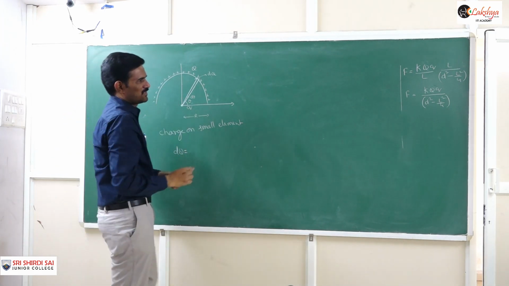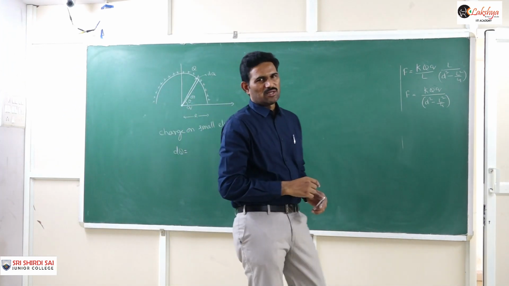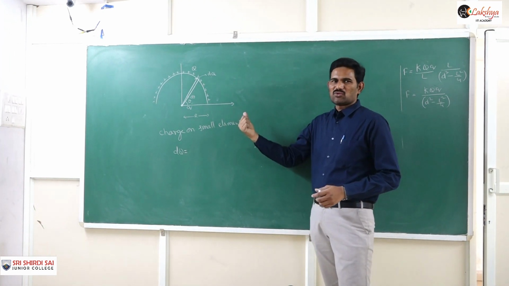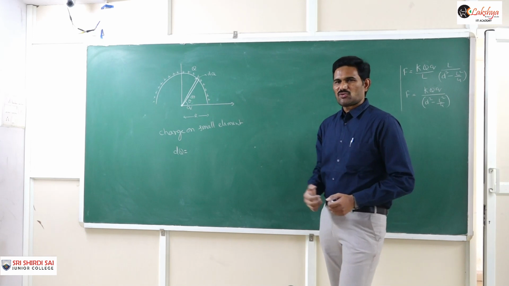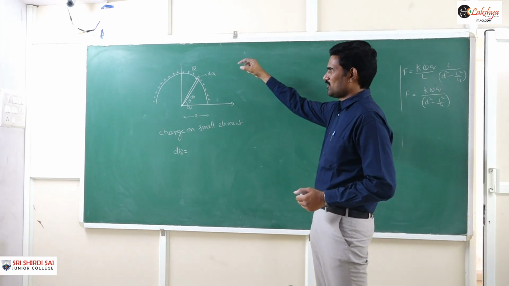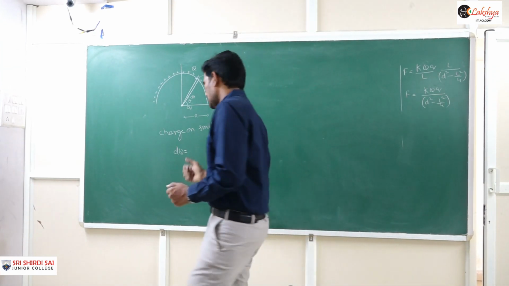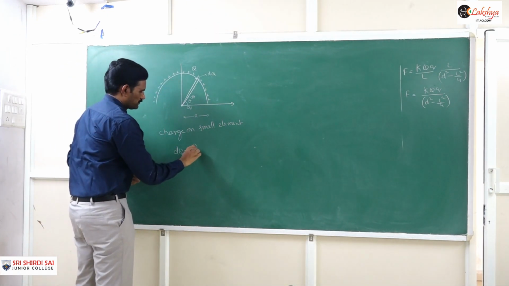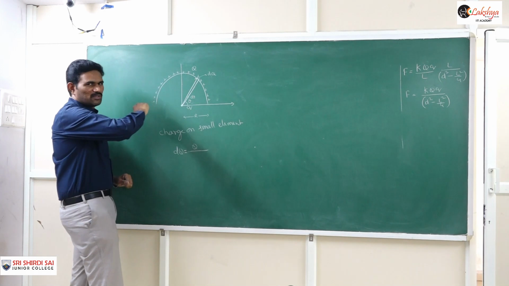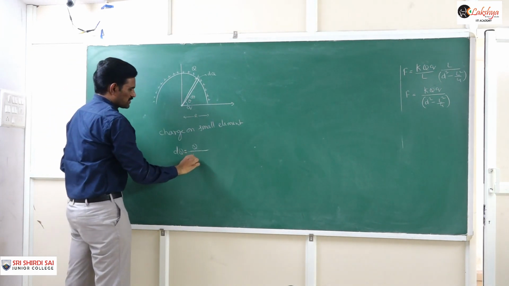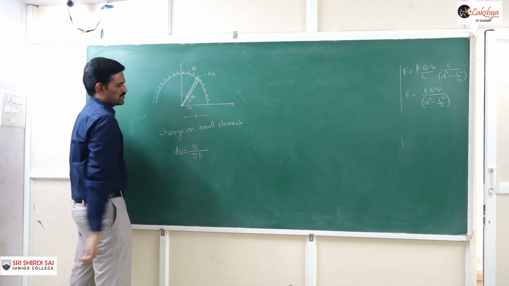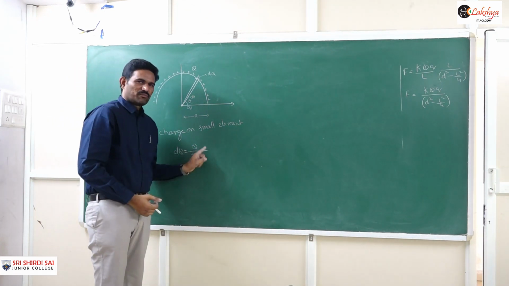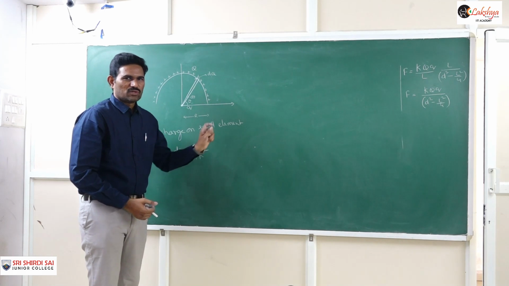Now again this is one dimensional only. One dimensional means it is a linear charge density only. So we need to write it as lambda into, where lambda is nothing but charge per unit length, into the length of that element. So let us see how to write here. The total charge is given as Q by the length of this element. Since it is a semicircle, I can write its length as pi r. And this is our lambda value, charge per unit length, into the length of that element.